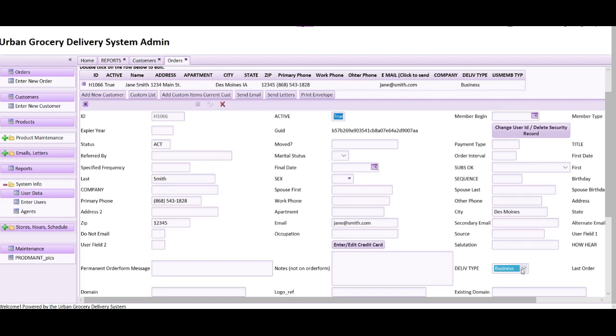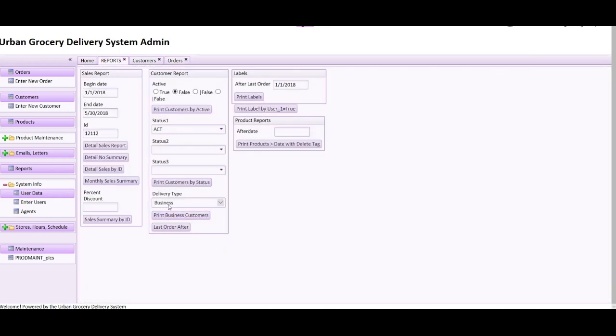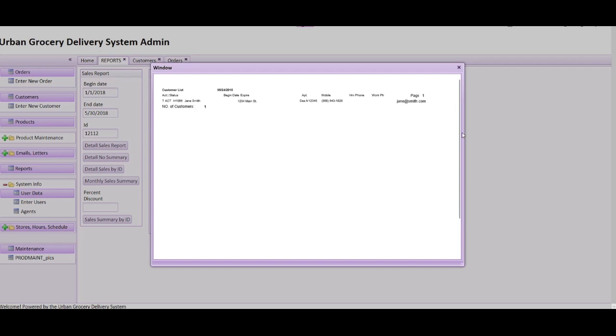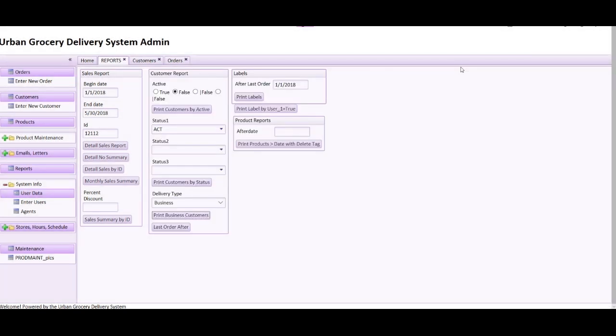delivery type. Now, that would allow you, when you do the report, to print out by delivery type business. So for instance, if we printed the business customers, it would show only the business customers on the report, as you see here. Also, setting the delivery type, by the way, is handy because for business customers, when they